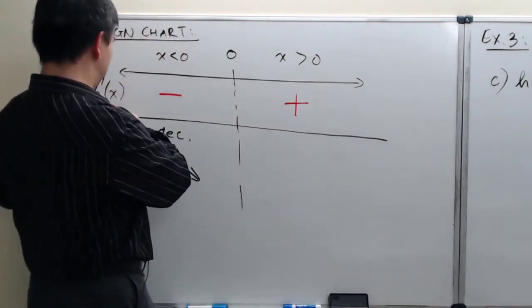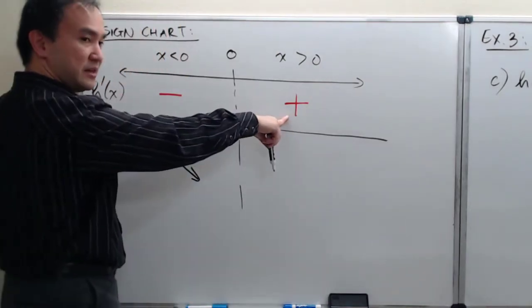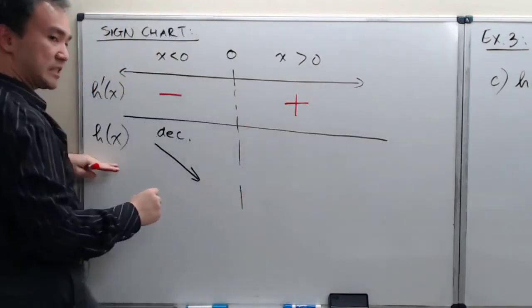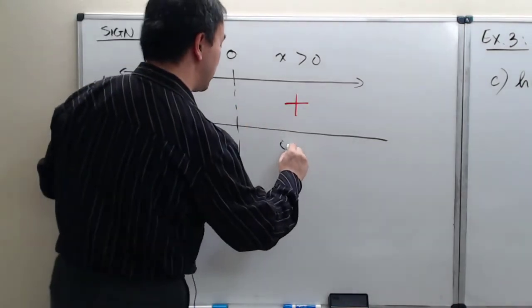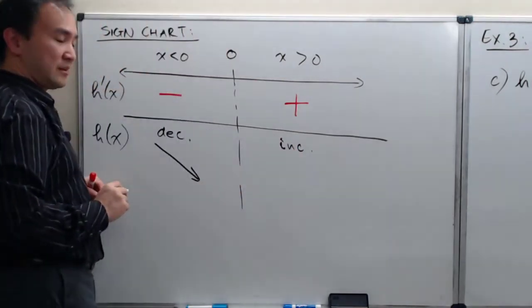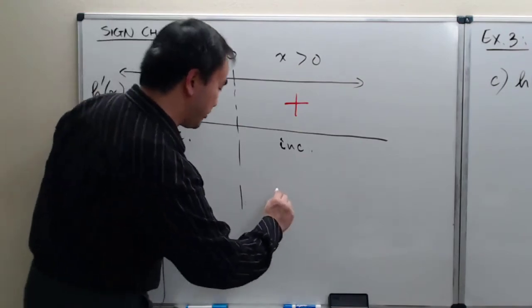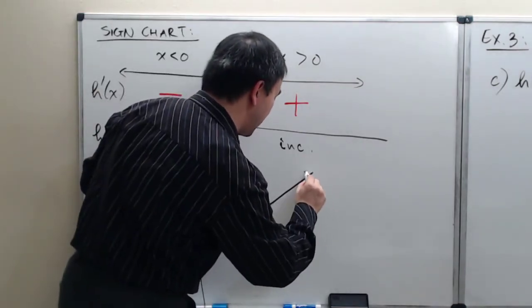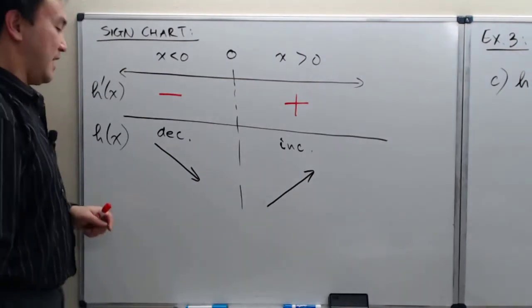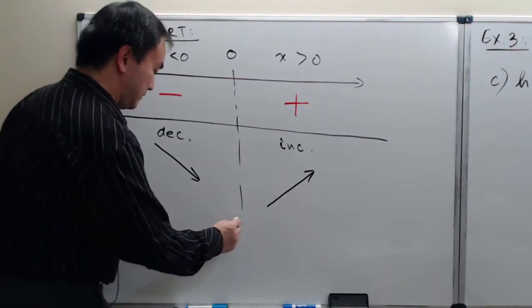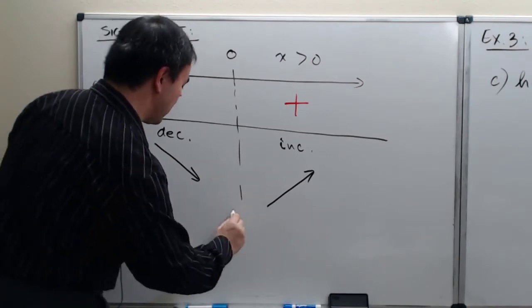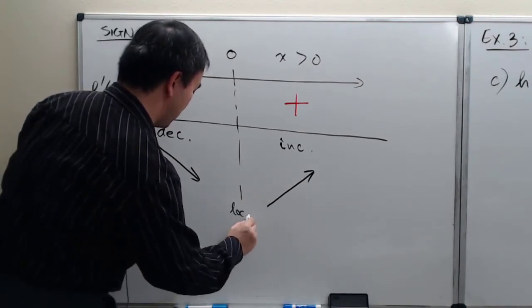Now since my h prime of x has a positive sign output right here, then the function h of x itself must be increasing in that interval, and we have already seen this in our example 2. But now, using the arrow notation, I'm indicating that our function is increasing from that. And so in that way, this critical value is clearly a local